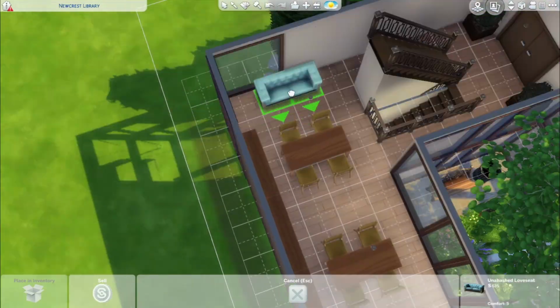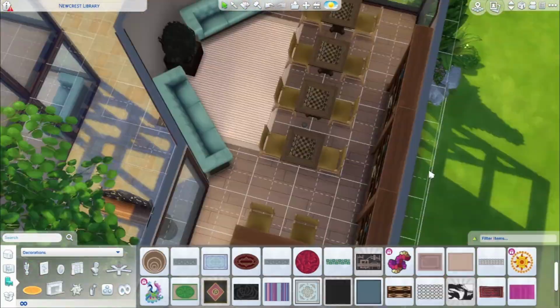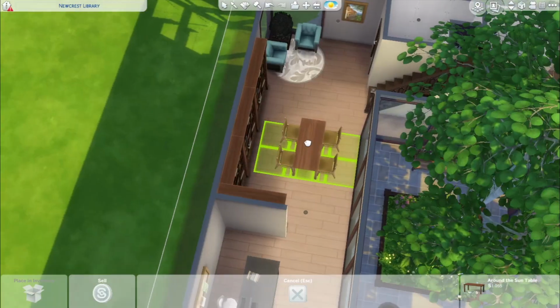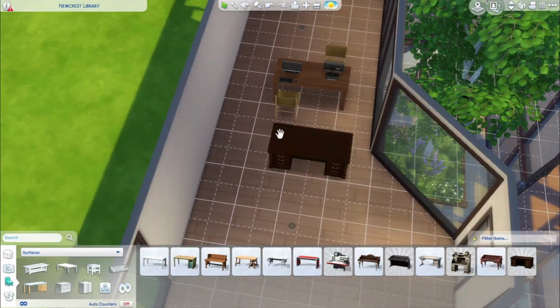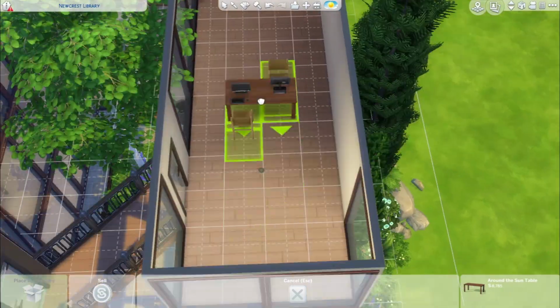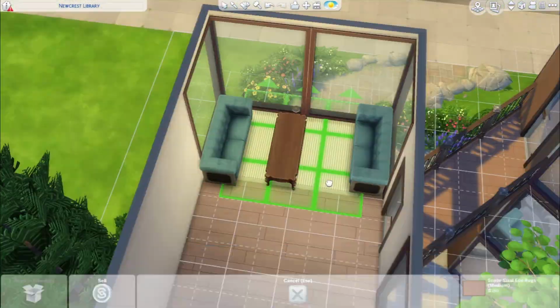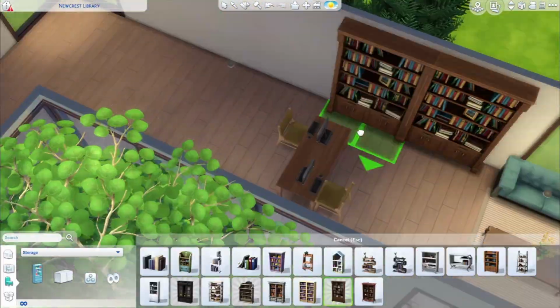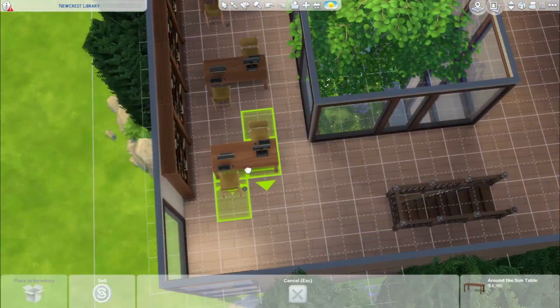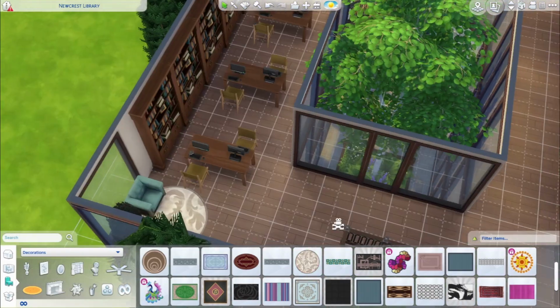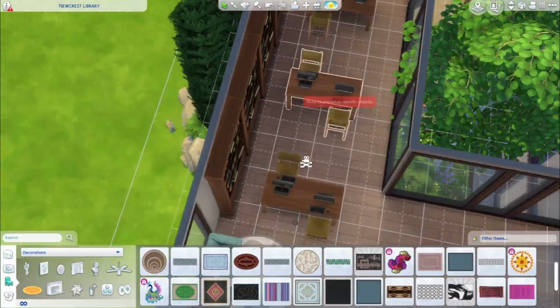But the rest of the space is filled with just tables with chairs on them, which when I was playtesting the lot, mainly just to make sure that the little ramp up actually worked, since I didn't want to include steps, but I also wanted it to be on a bit of a hill. When I was playtesting that, it was interesting that a lot of the townies ended up bringing their own laptops, so I'm glad to see that there's going to be a lot of use for that,